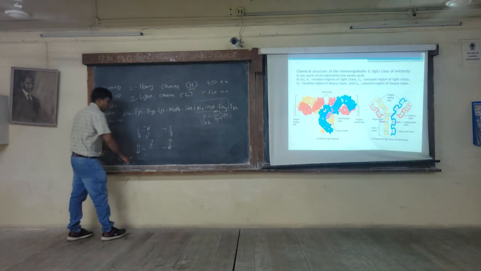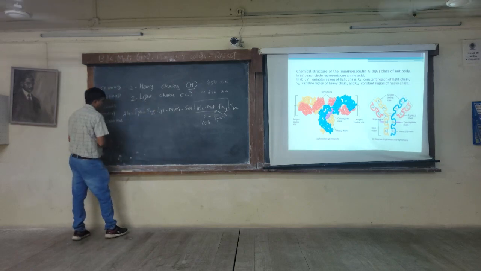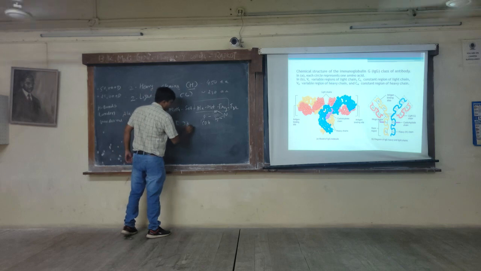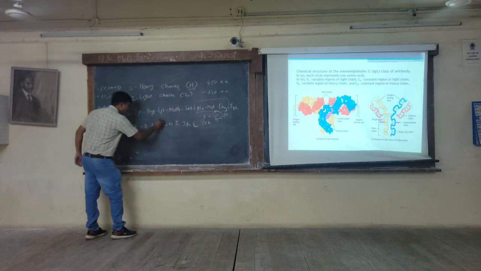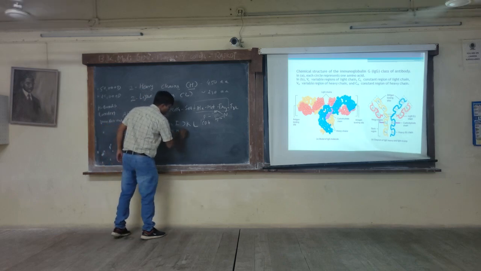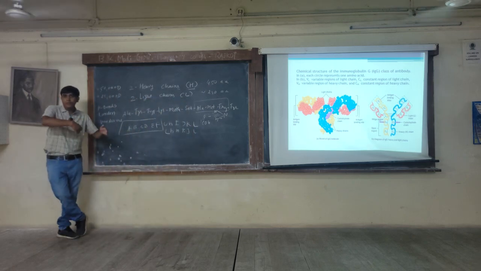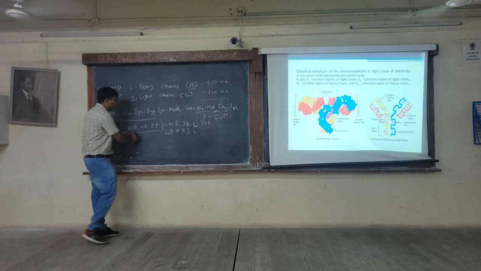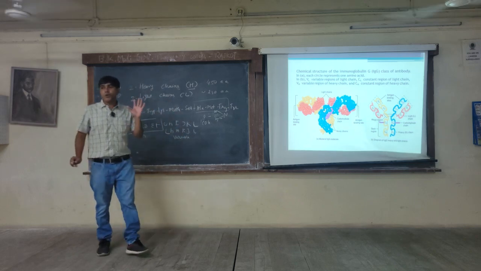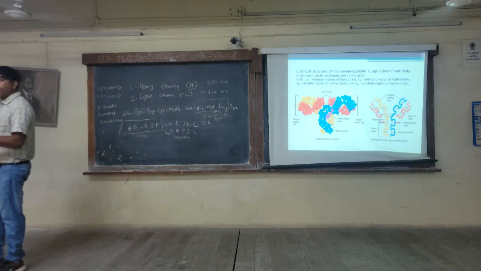Now let me write a structure as ABCD for an example. So in an amino acid sequence, suppose this portion is constant. Over here there will be jumbling. There will be a change in the sequence. So this region is called the constant region. This is called the variable region. Both are important. Now, the constant region will decide the type of antibody,